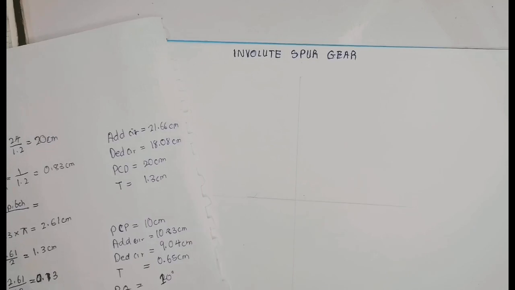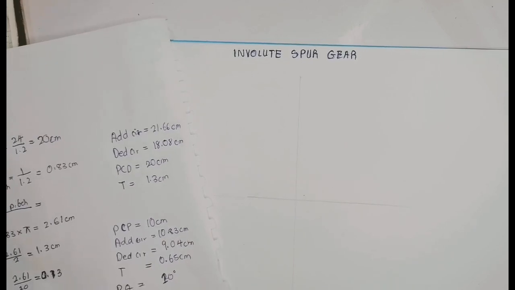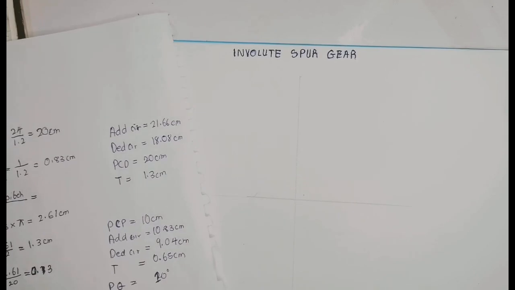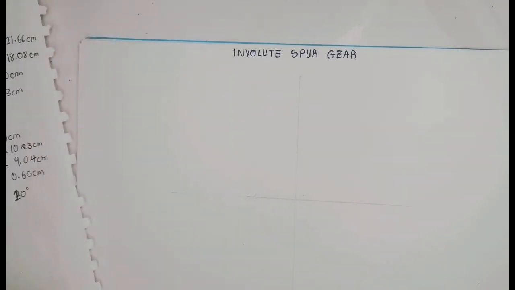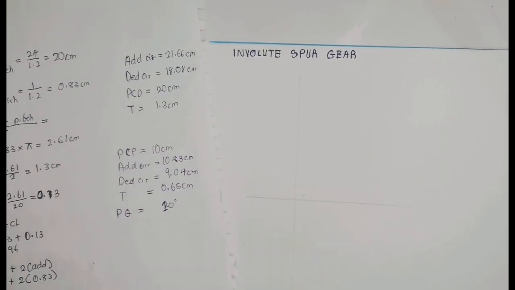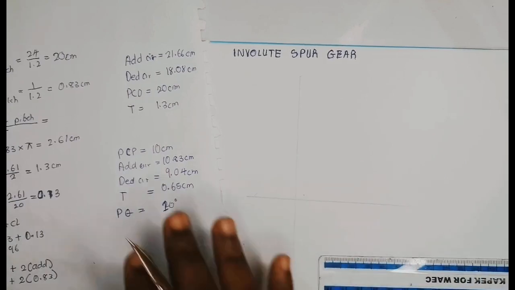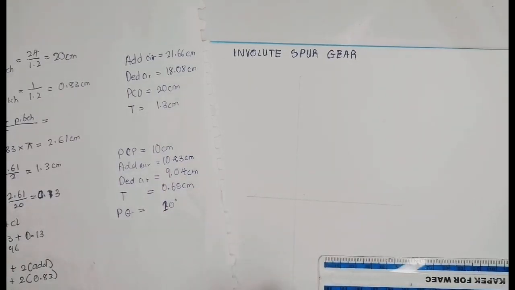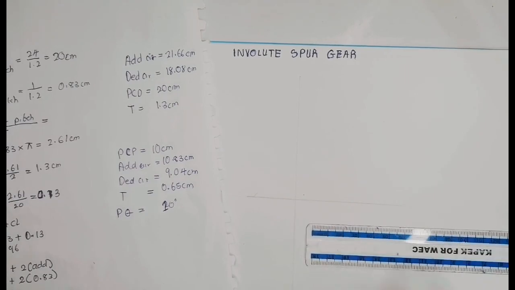The first circle we draw is the pitch circle diameter, which is the PCD. Since all these parameters are in diameters, you have to divide them by 2 to get the radius, which we are going to be using to draw here. So PCD, which is 10 centimeter divided by 2, is 5